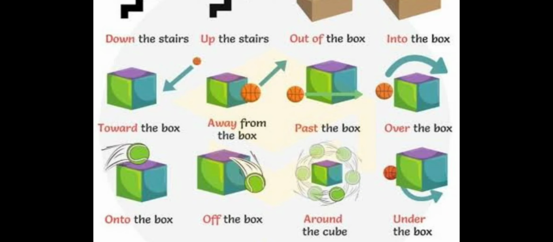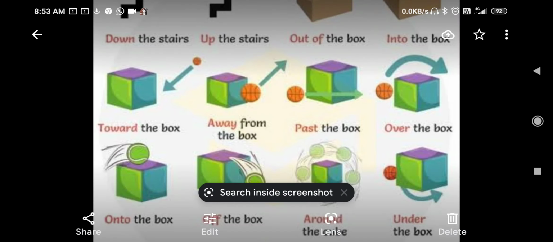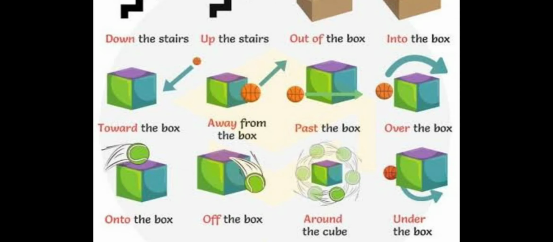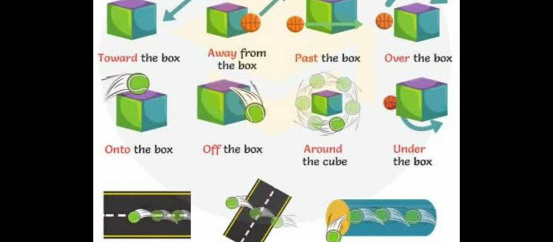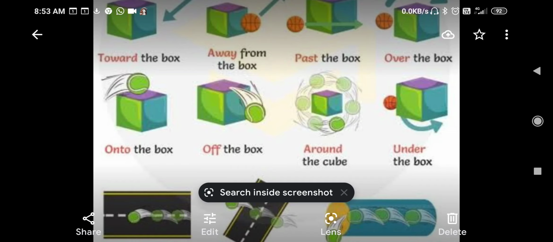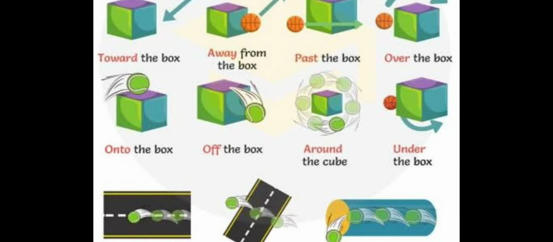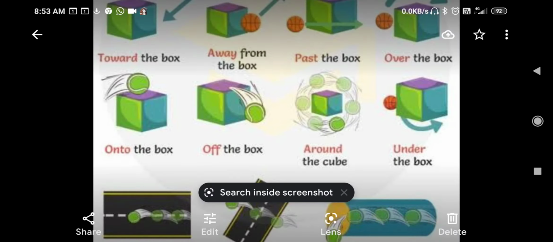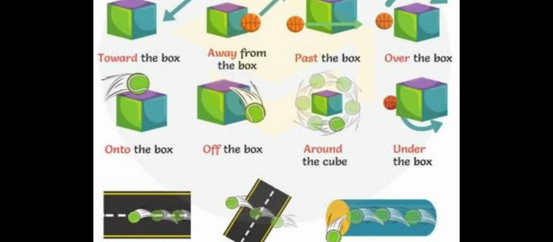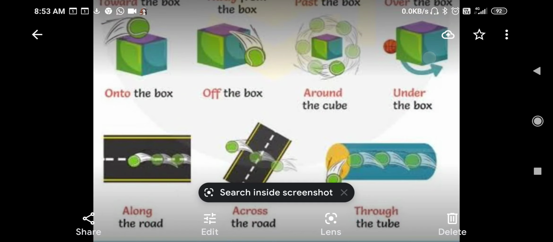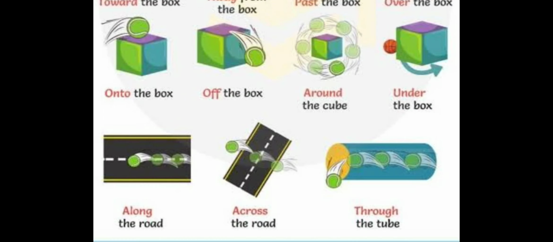पास टू द बॉक्स यानी कि बॉक्स के नज़दीक, ओवर द बॉक्स यानी कि बॉक्स के ऊपर से, ऑन टू बॉक्स यानी कि बॉक्स पर, ऑफ द बॉक्स यानी कि बॉक्स से नीचे, अराउंड द क्यूब यानी कि क्यूब के इर्द गिर्द, अंडर द बॉक्स यानी कि बॉक्स के नीचे। इसी तरह अलॉन्ग यानी कि एक साइड से दूसरी साइड, अलॉन्ग द रोड,